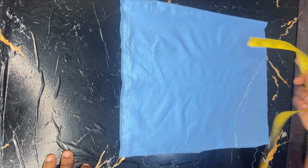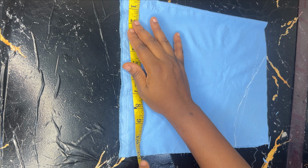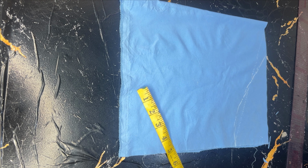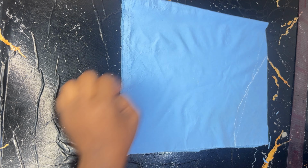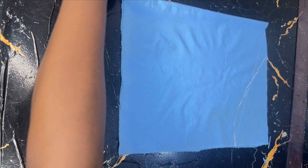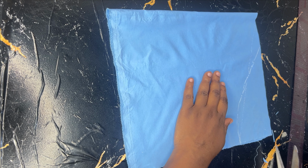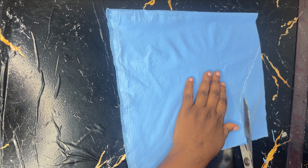Okay, so after cutting it out, if you notice, this is the hem of the sleeve. I'm not going to slim fit the hem of the sleeve because of the nature of the sleeve. Remember, we are still going to ruffle it up, and you don't want it too tight so that the hand can go through it. So I'm just going to leave it at the same measurements that I have on the upper part. So now I'm cutting out